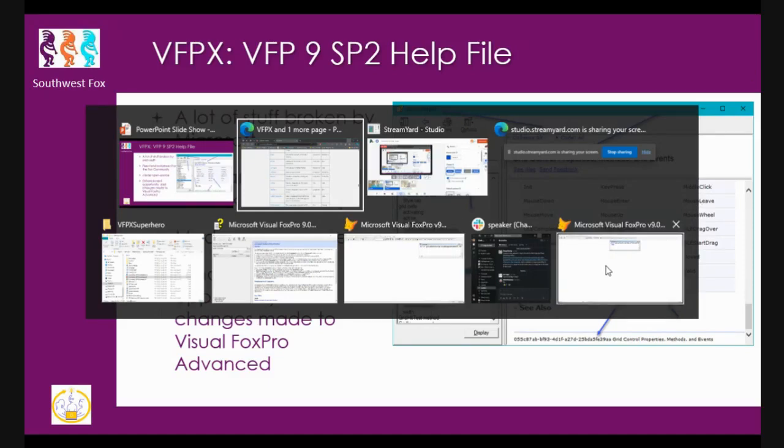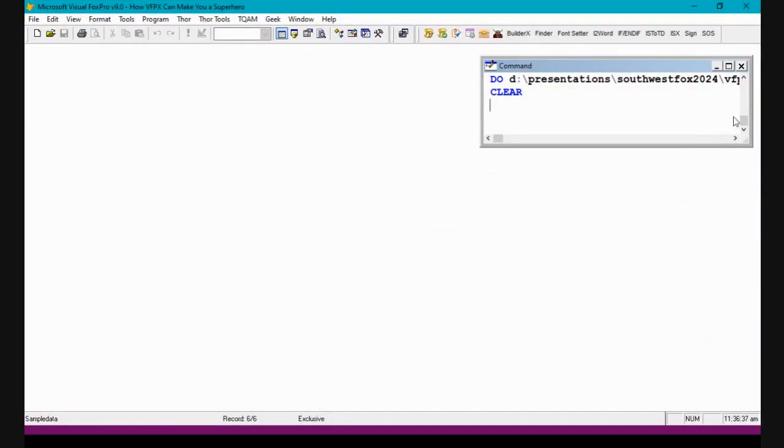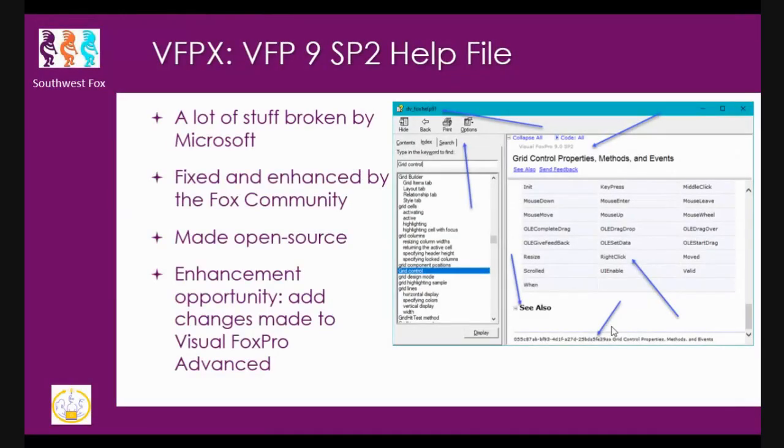Rick? Yes. I assume there's a way to send comments if you run across things in the help file that are wrong. Yeah. If there are issues, the question is, what can you do if there are issues or things you want added? Just post issues. In fact, that's another good point. If you have any issue with any of the projects, every repository that we have for VFPX has an issues section, and you can post issues for the project manager to address.